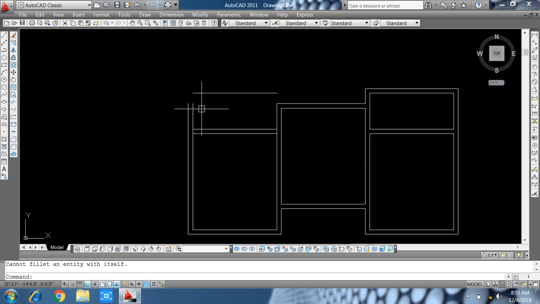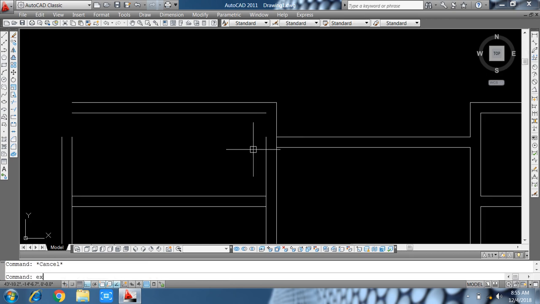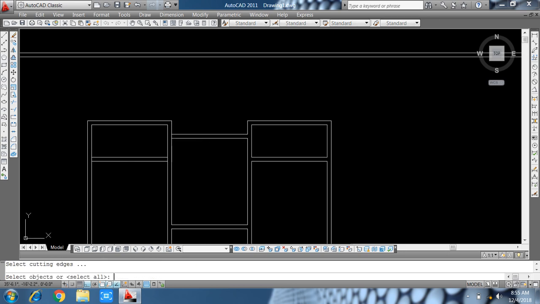Okay, so right, press this fillet, trim, fillet, trim that. Now friends, this is complete.